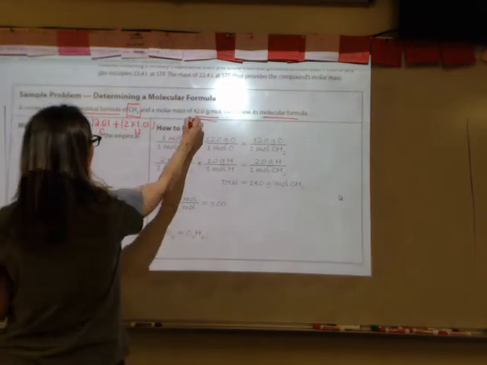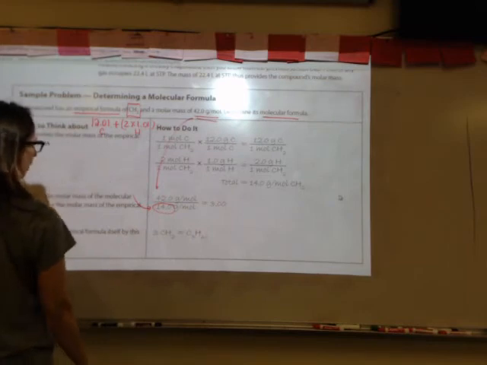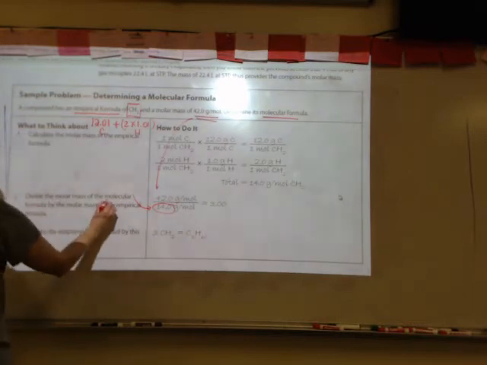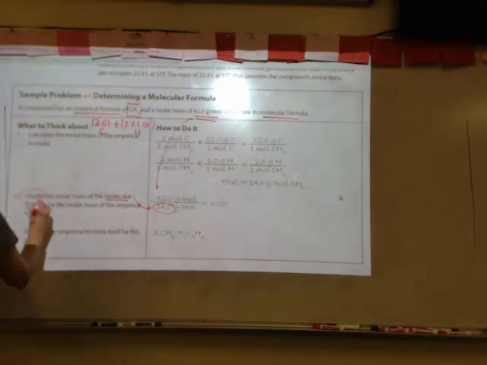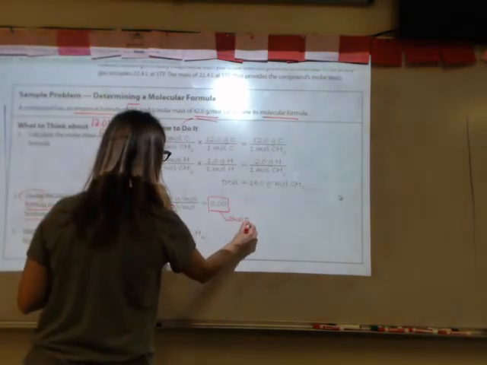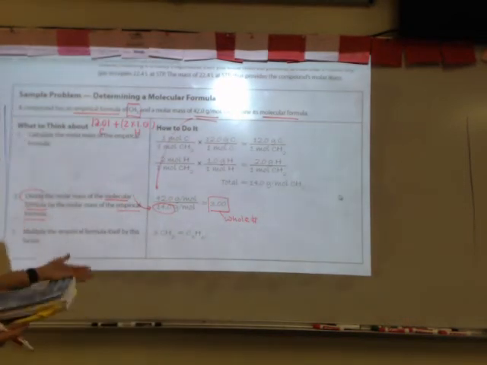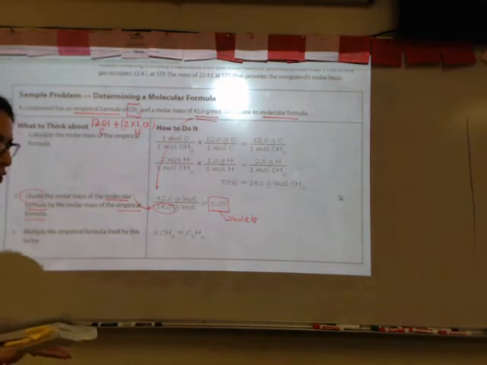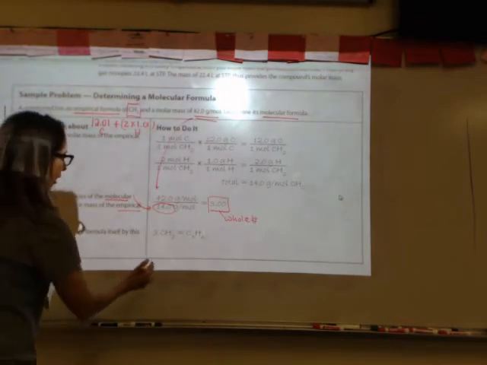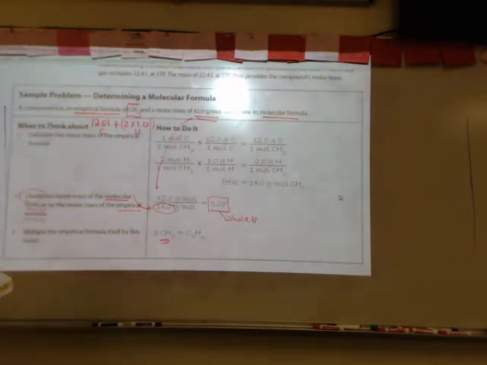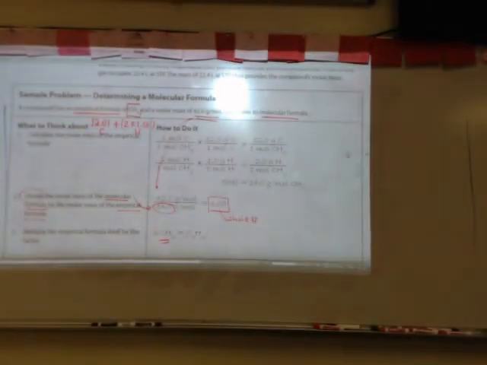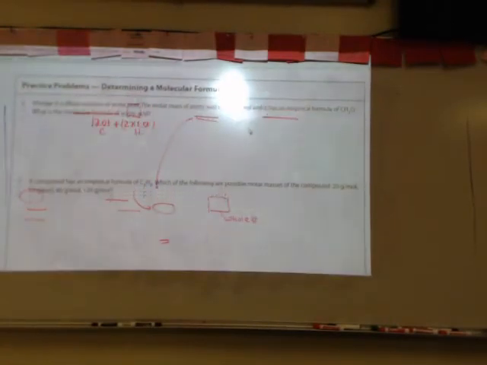If I take the mass of the molecular formula and I divide it by the mass of the empirical formula, so this is going to be the molecular formula mass divided by the empirical formula mass, you will get a whole number. Because the molecular formula should be a multiple of the empirical formula. So if I divide their masses, it should give me a whole number, and that whole number is what I need to multiply the empirical formula by to give me my molecular formula. Okay? So if I'm looking at the practice problems on the next page,